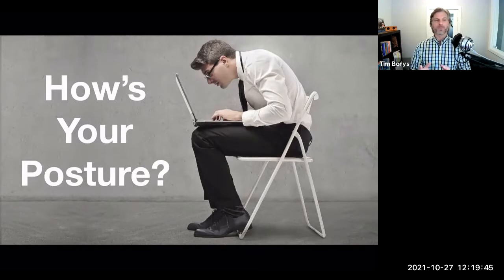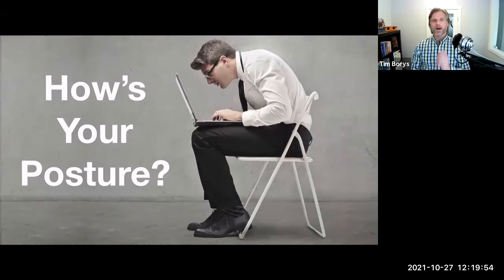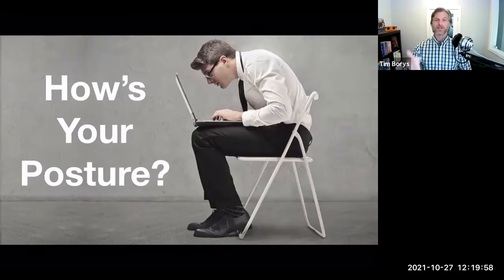The reason I put this up there and I talk about how the brain impacts your ability at work in ergonomics is that posture has a dramatic and direct effect on energy, mood, health, and the creativity you have. Literally, just by sitting up straighter, you actually make yourself smarter. Now, you might think I'm crazy on that, but if you're like this,